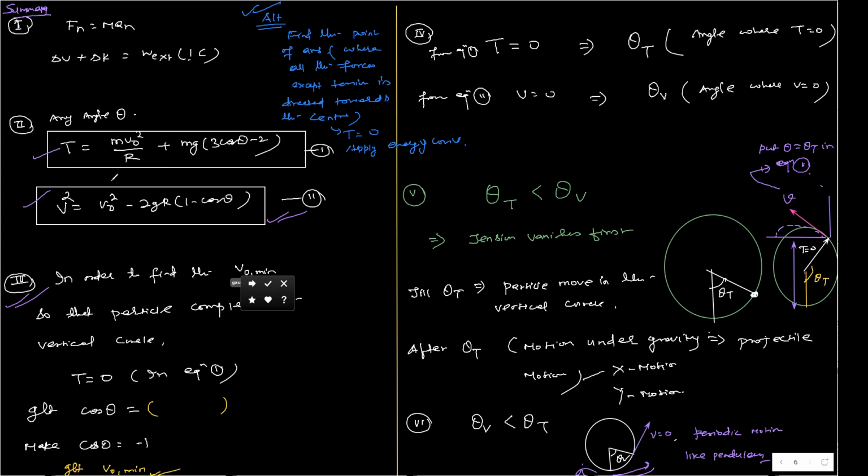Tension is a function of theta. If I don't get any real value of theta, that means the particle will complete the circle. In order to get the real value of theta, I impose the limiting value that cos theta should be -1. You cannot impose cos theta as +1, because that will give you v square equal to a negative number, which is not possible. So the extremum is cos theta = -1. From here you can find the condition for which it should be projected to complete the circle.